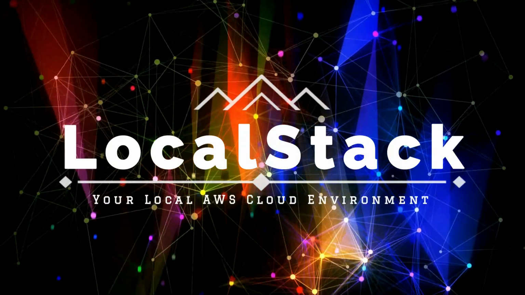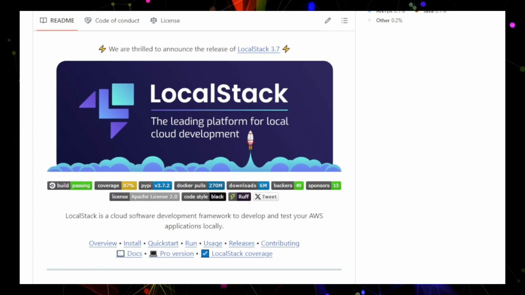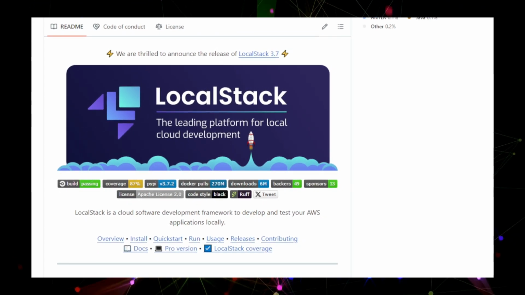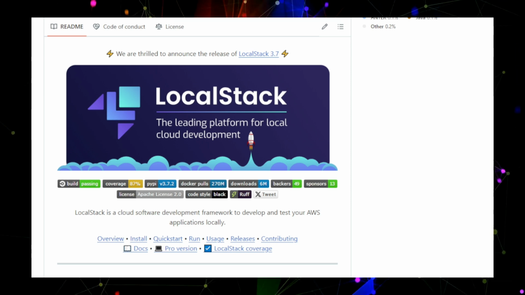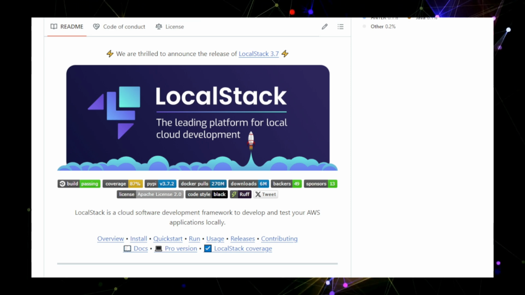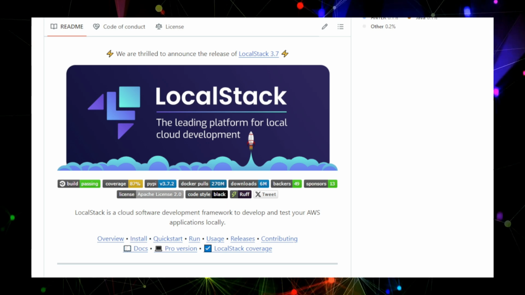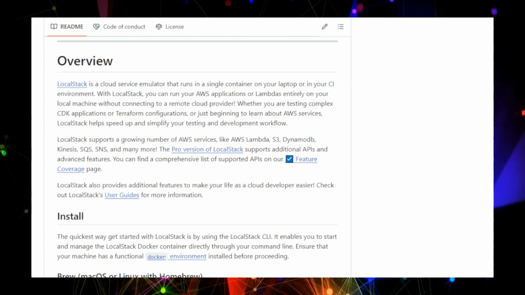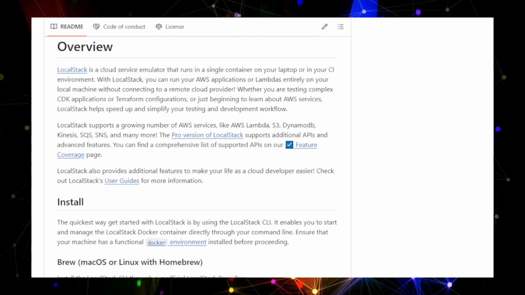Project number 1, LocalStack, your local AWS cloud environment. Developing and testing cloud applications can be time-consuming and expensive when you're constantly working in the live cloud environment. That's where LocalStack steps in, giving developers the power of AWS right on their local machine without needing an active AWS account. LocalStack allows you to simulate a wide range of AWS services, including compute resources like EC2 and Lambda,